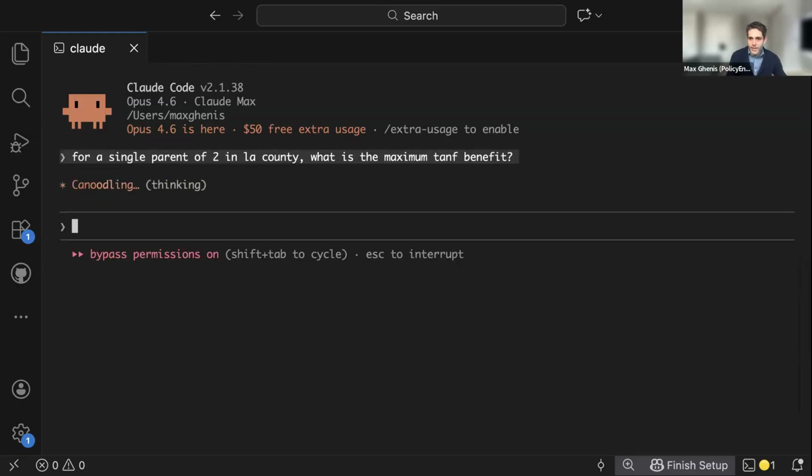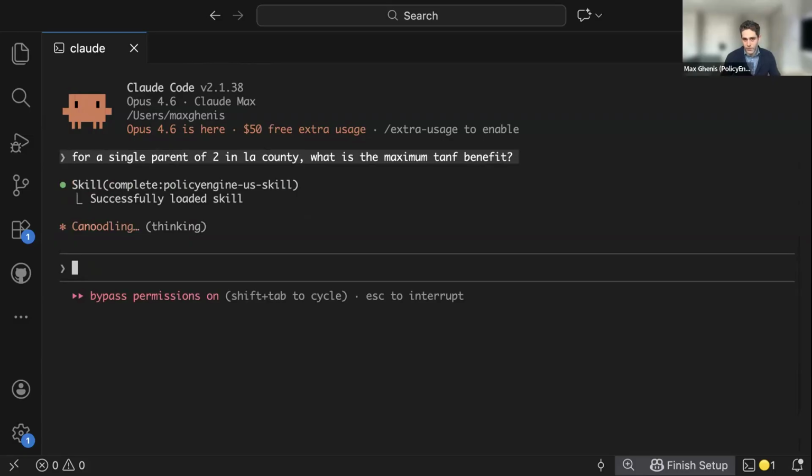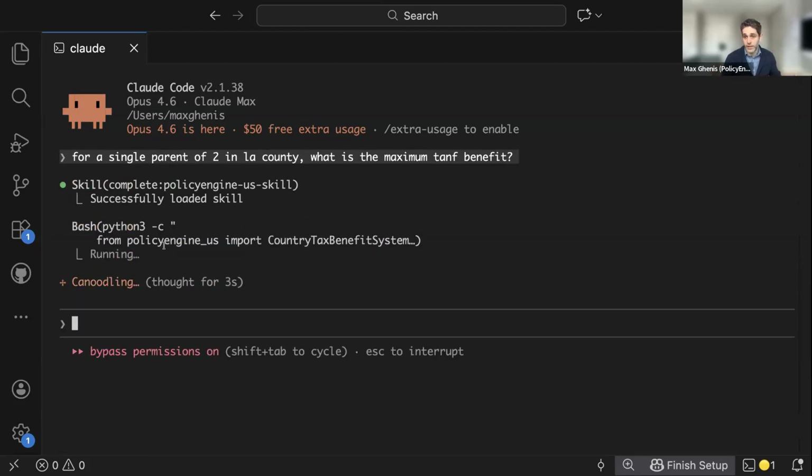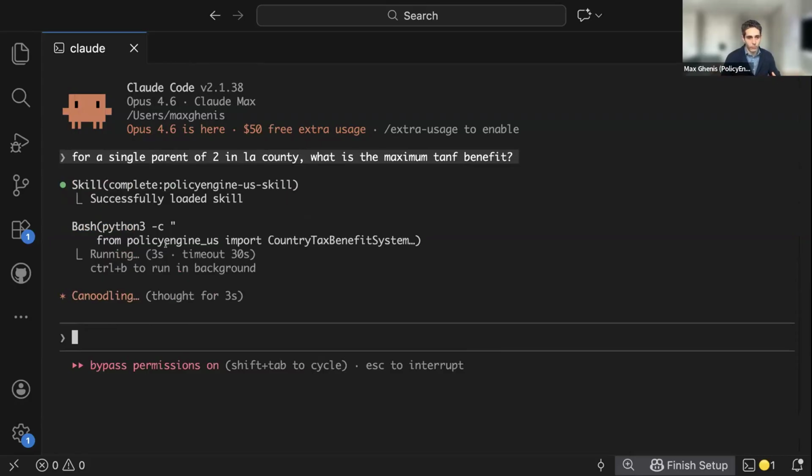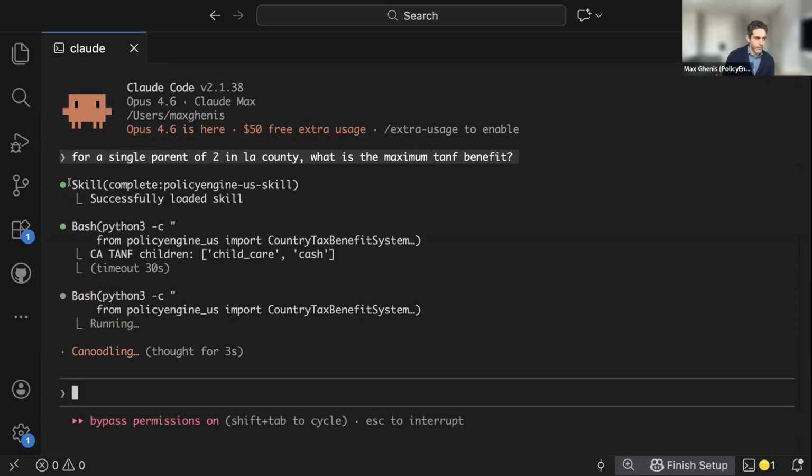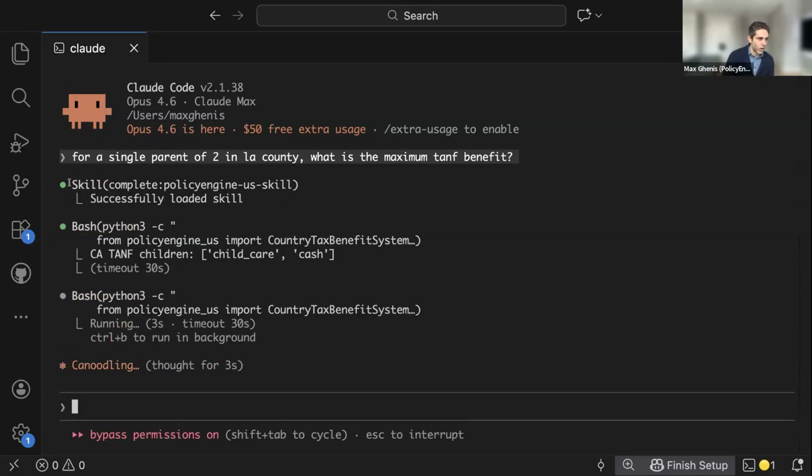So now there's a few ways it could go about this. It might try to look up the documentation online. Because we have Policy Engine installed and we actually have a plugin that enables you to access a wide range of what's called skills, subagents, things that we've cultivated to make both developing and accessing Policy Engine software easier. So it's now using that skill, sort of loading it into memory. It now knows how to run the Policy Engine software here.